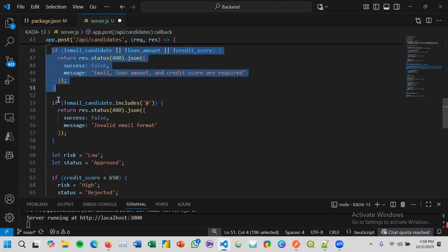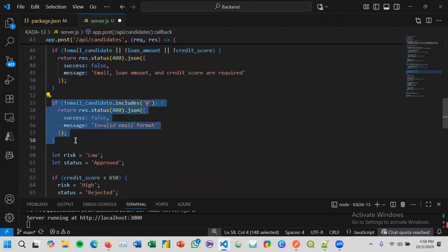And then for the second conditional, it's basically a simple email validation, and it will check if there's an at character. If not, the conditional will detect that the email is invalid and also return a bad request error.